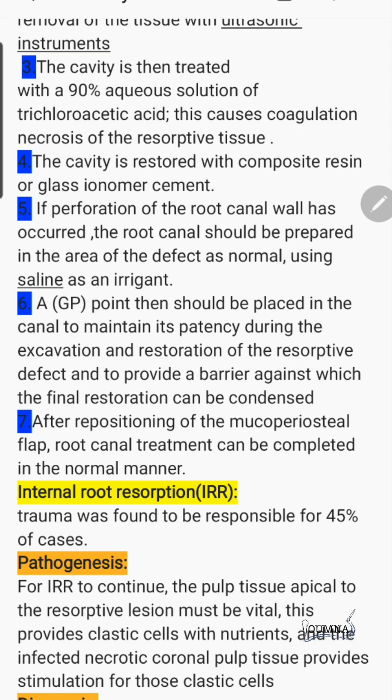If perforation of the root canal wall has occurred, the root canal should be prepared in the area of the defect as normal, using saline as an irrigant. A gutta-percha point should then be placed in the canal to maintain its patency during the excavation and restoration of the resorptive defect and to provide a barrier against which the final restoration can be condensed. After repositioning of the mucoperiosteal flap, root canal treatment can be completed